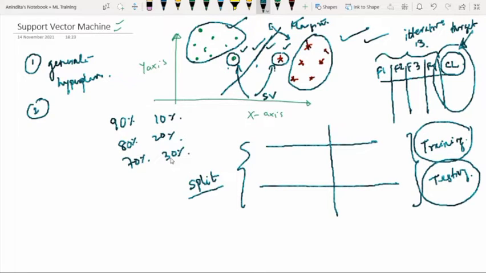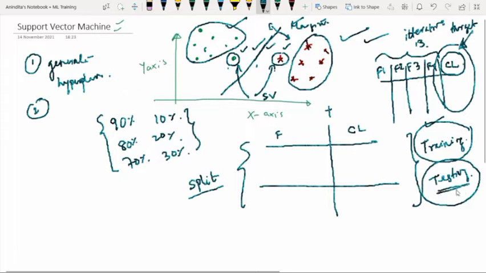So it is up to you. You can use any one of them, but you have to check for the accuracy. Whichever split is giving you the better accuracy, you have to opt for that. And one more thing you have to keep in mind: training data contains features as well as class labels, both.